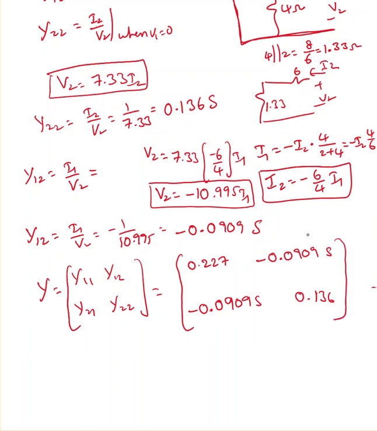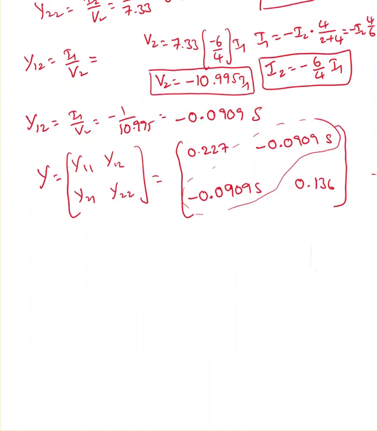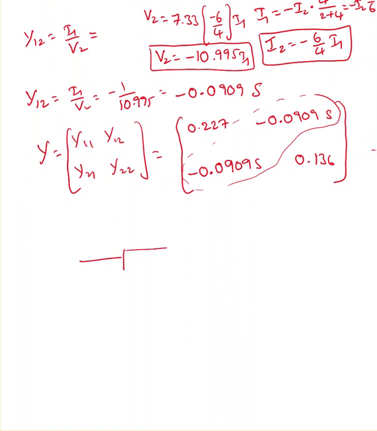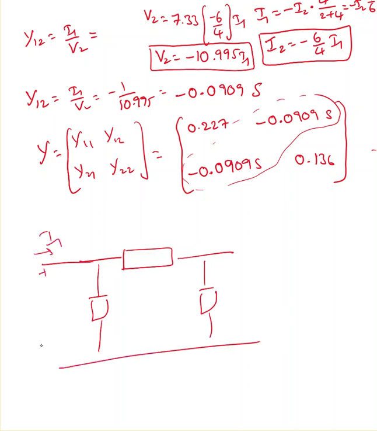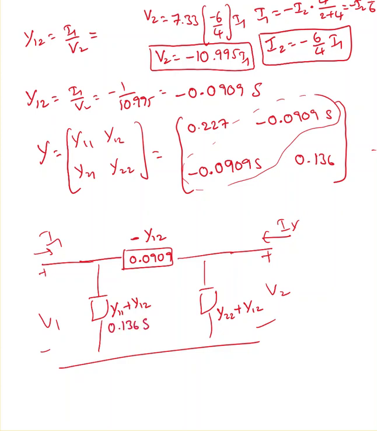Okay, now in this case Y12 and Y21 are the same, so we can draw a pi equivalent circuit. This is how the pi equivalent circuit is going to look. So here is your I1, V1, V2 and I2. This value is negative Y12. This value is Y11 plus Y12. This value is Y22 plus Y12. Okay, so now you can replace these quantities with the given ones. So this value is minus 0.0909 Siemens, and this value is 0.136 Siemens. This value is 0.009